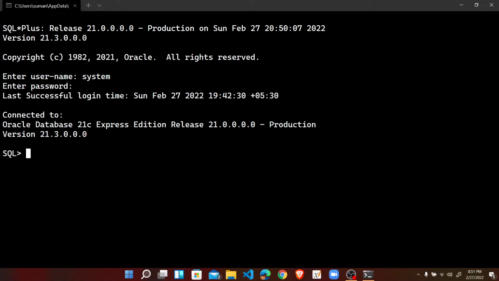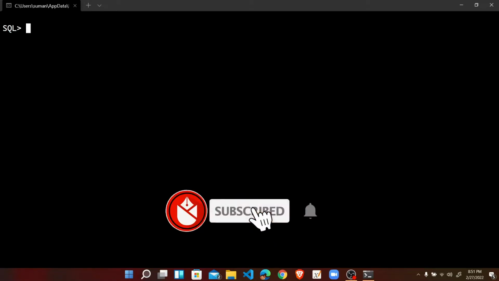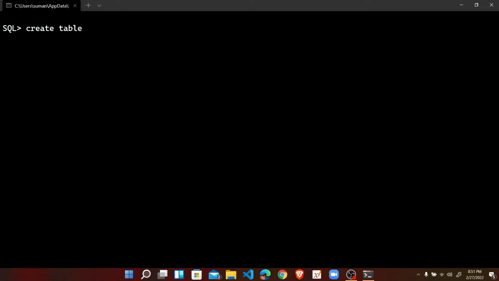Now, we previously created the table employee, but we do not want to drop the table employee here. So we create another table, say EMP, and at first we clear the screen using CLEAR SCR. And to create a table EMP, as we know, create, then table, then the name of the table, that is suppose EMP, then the left parenthesis,